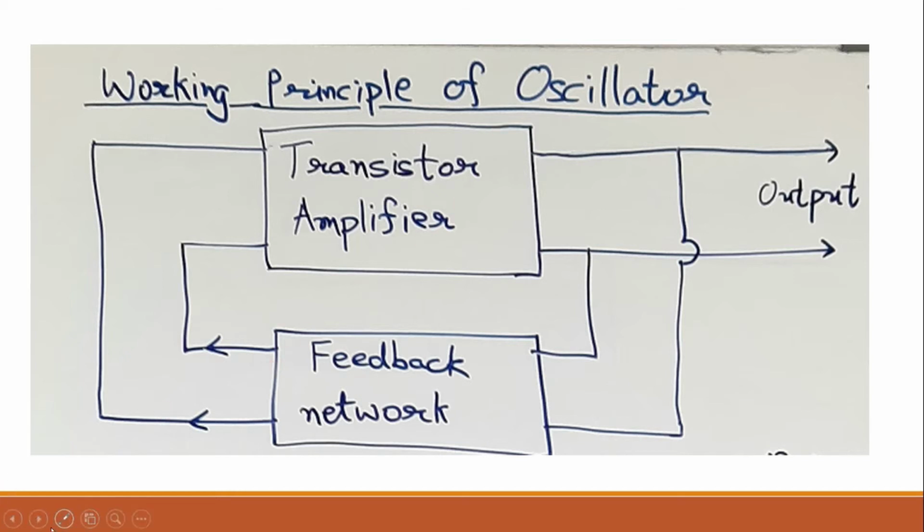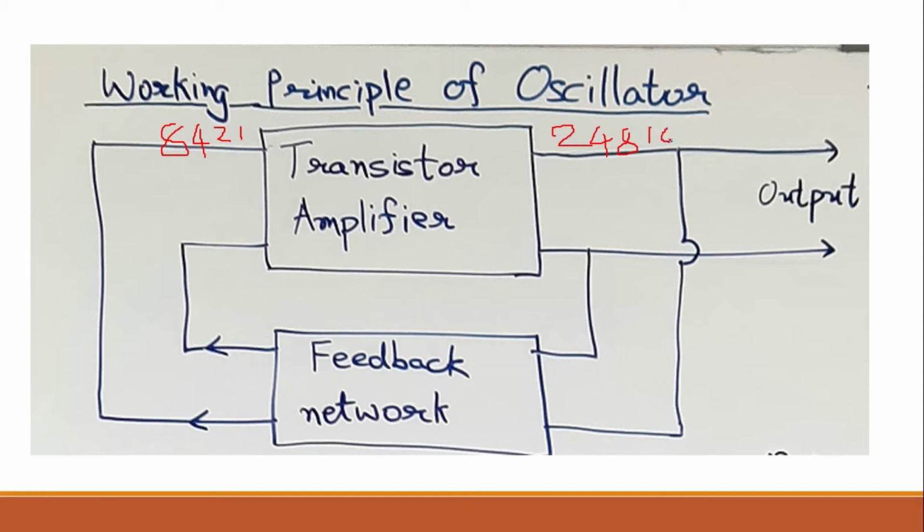So let us assume initially that the input of this transistor is 1. So what will be the output of this transistor amplifier? There will be gain. So say you get 2. Now this 2 is again fed back to the input, so you are again giving 2 as the input, so output will be 4. Again this 4 is fed back from the feedback network to the input. So input now is 4, and what you are obtaining will be 8, after amplification. Again you feed back 8, and what you obtain at the output is 16.